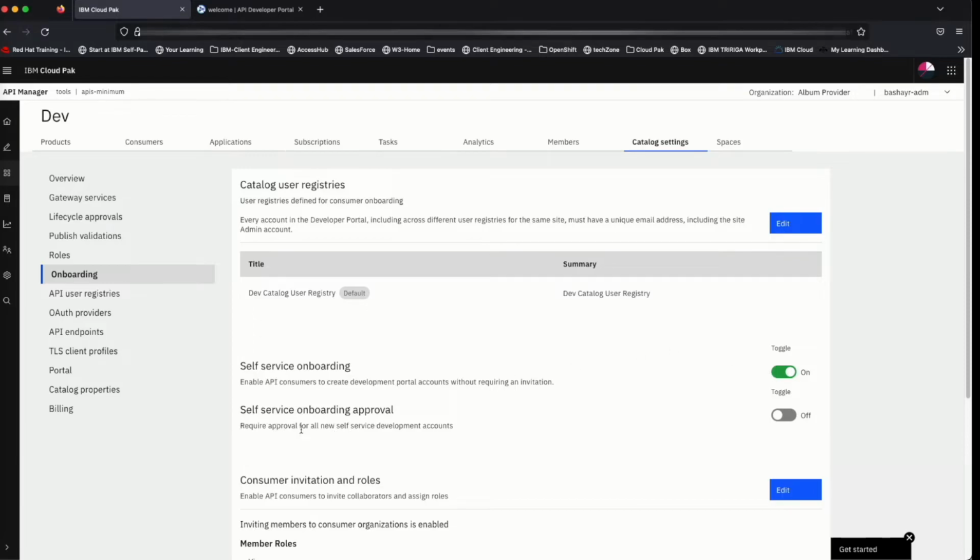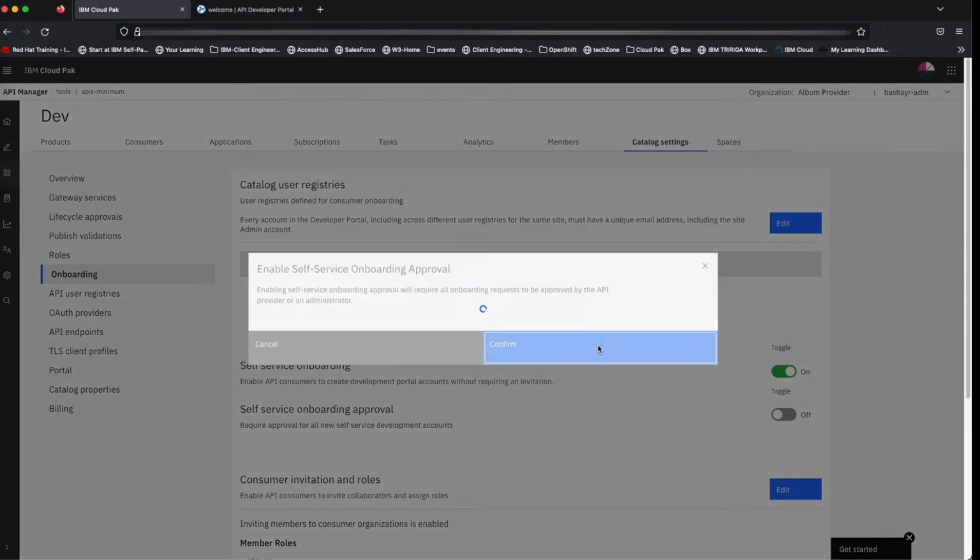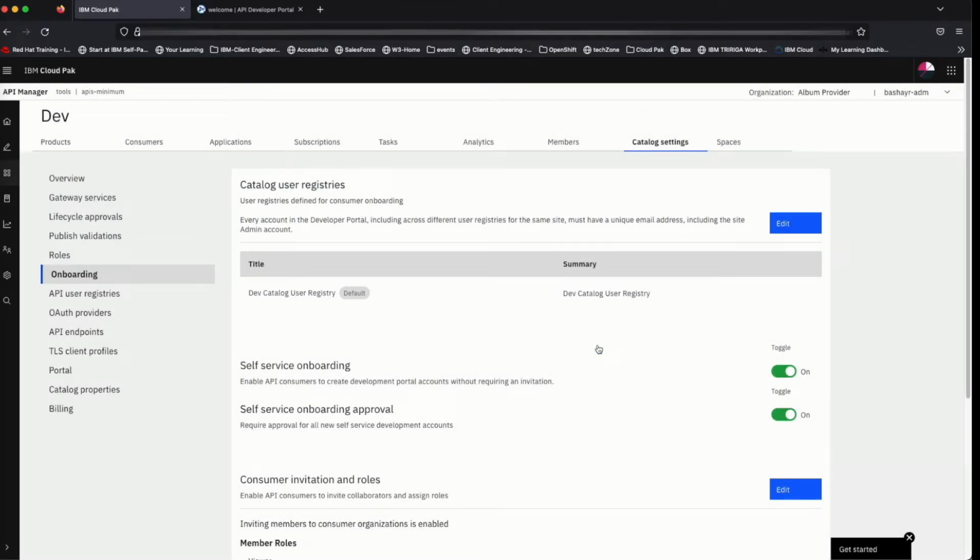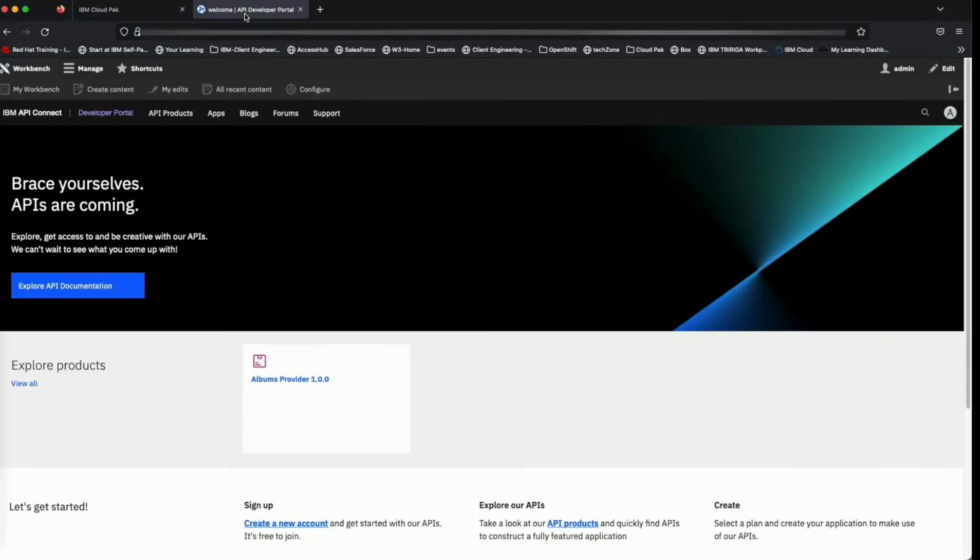And if you want to provide an approval for all the new onboarding to the developer portal, you need to enable this option. So any attempt by an API consumer to sign up to the developer portal results in an approval request being sent to the admin user, and you can then approve or decline the request. Unless you don't want an approval for the new user, you can disable the option. For my case, I don't want anyone to register and access the developer portal without my approval. That's why I enabled it. So back to the developer portal, and then let's create a new account